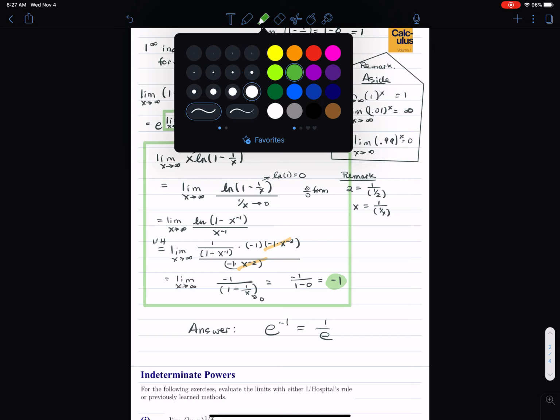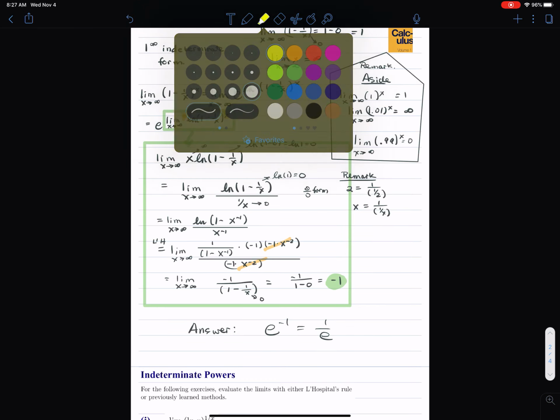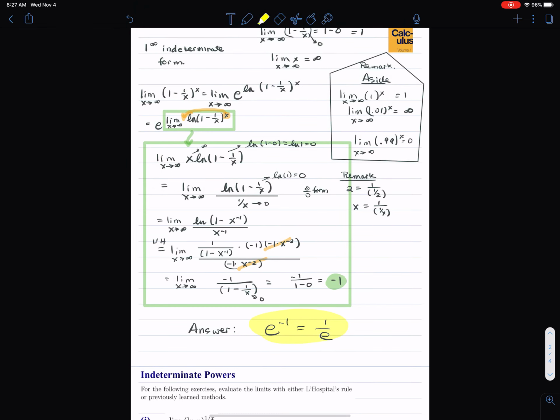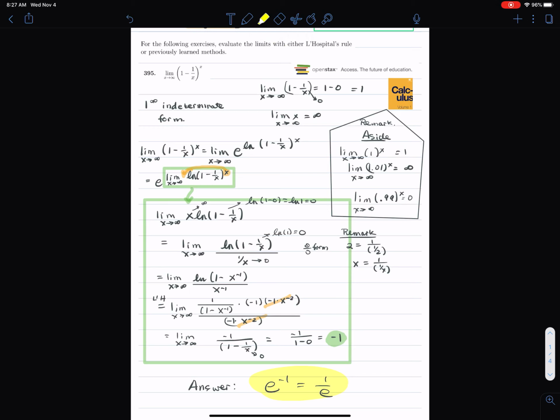And I could have gone slower and gone over more stuff a little more slowly, but I think there is something that people like, a little bit of a quicker video. This is from OpenStax Calculus, Volume 1. It's problem 395 under L'Hopital's rule. And get that open source, free textbook,